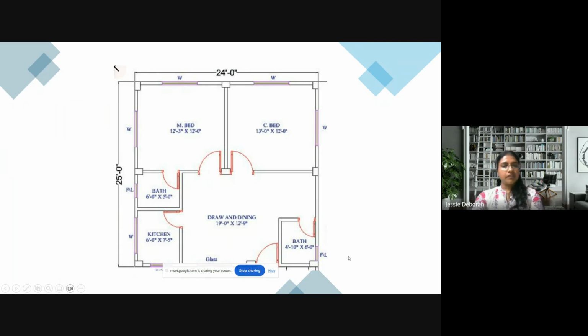So first, when you get this plan, what do we do? First, we decide where the columns have to come, where the column locations are going to be placed and how we are going to plan. Now we all know that the thickness of a brick wall is going to be 230 for a single layer, that is the external wall, and the internal wall is going to be 115. So wherever you design your column, you should always make sure that it is within that 230